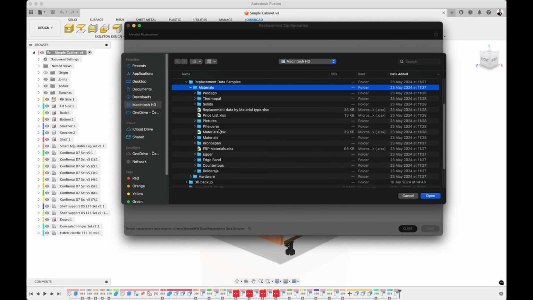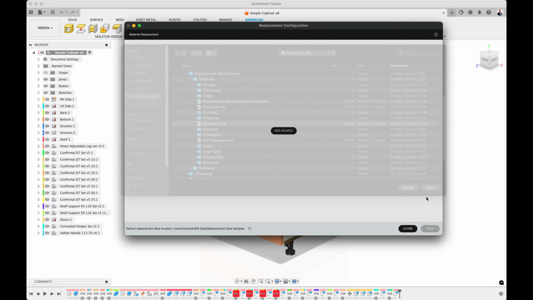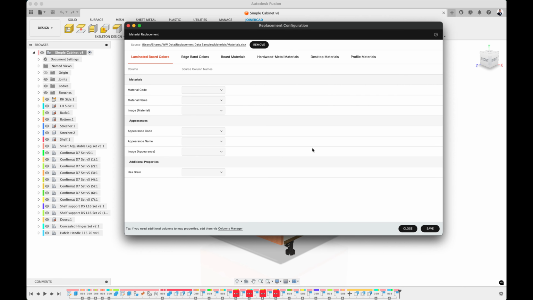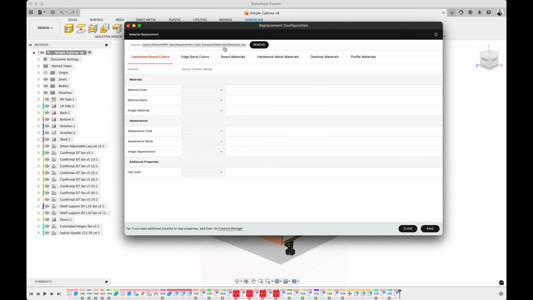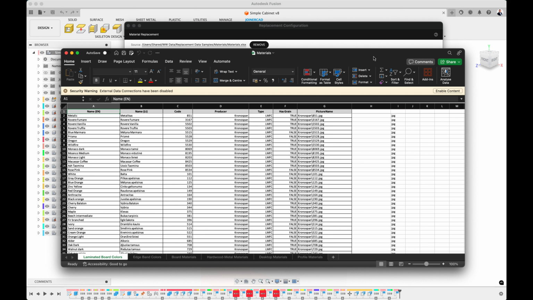In the top ribbon, you can see the tabs. They correspond to the sheets in the Materials file. Clicking on the source opens the materials file itself.